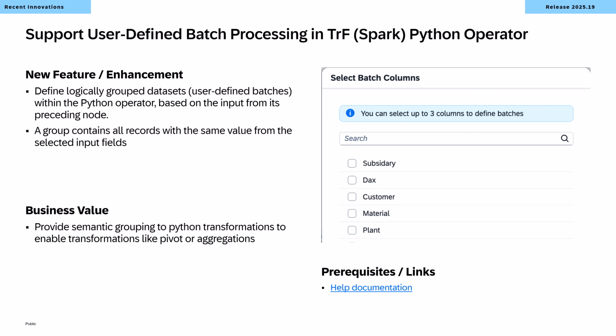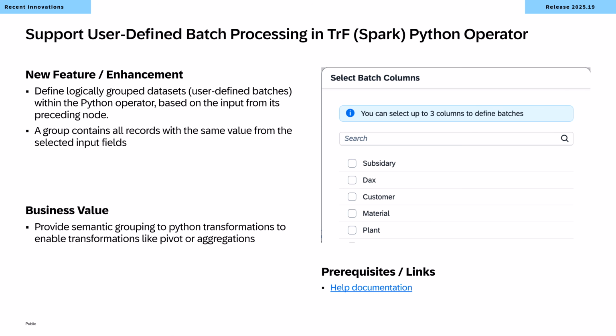With this user story, we added the ability to determine the records which are processed in a batch inside of Python operators of the Spark transformation flows. Before this story, Spark decided how to batch the entire operation. It decided how many records in a data frame would be passed on into the Spark operator so that they could process. And that was often driven along the partition files or the part files in the source object. With this new feature, you now have the ability to decide